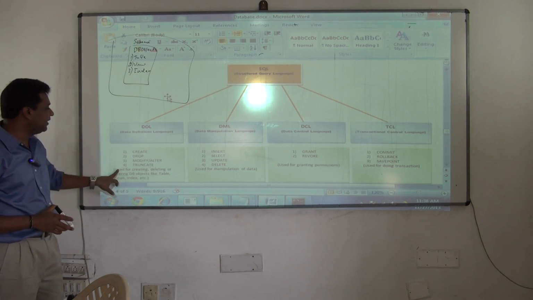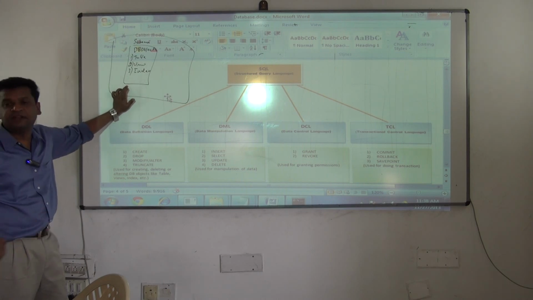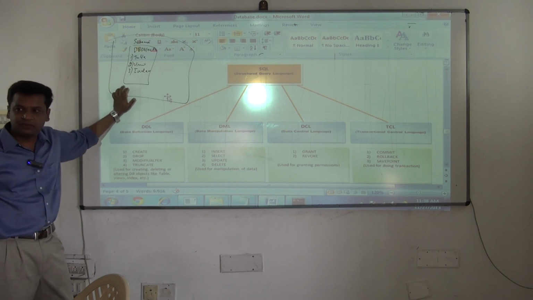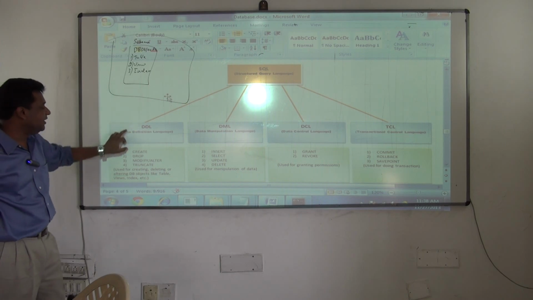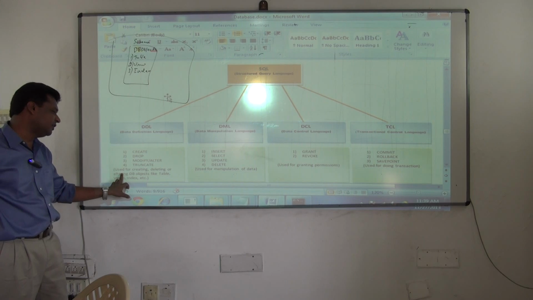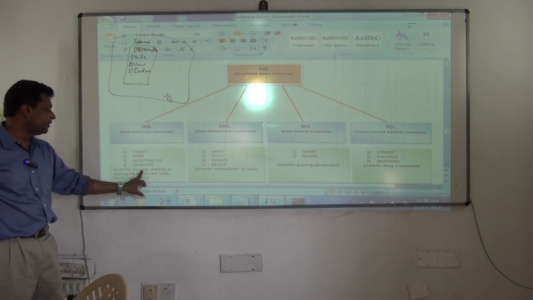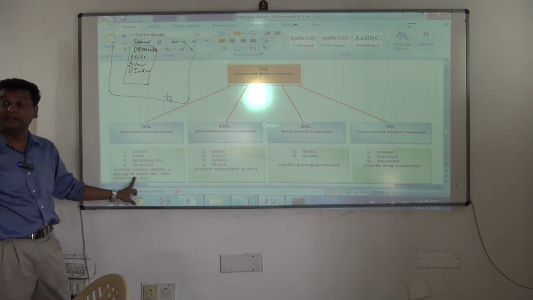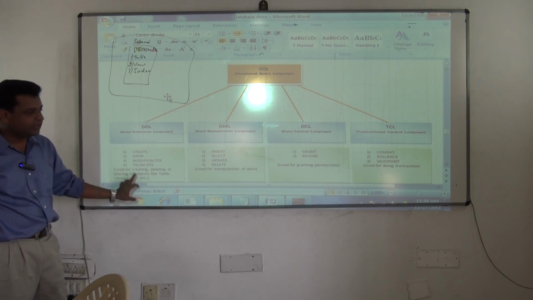So the DDL query is used for creating, altering or deleting DB objects. Means you can create a table or you can create a view, something like that. Right now I showed you only how to create a table. DDL queries are used for creating, deleting or altering DB objects. I showed you creating, deleting and altering tables. But I have to show you view, index, all that, I'll continue.